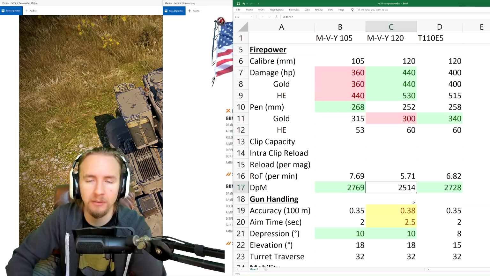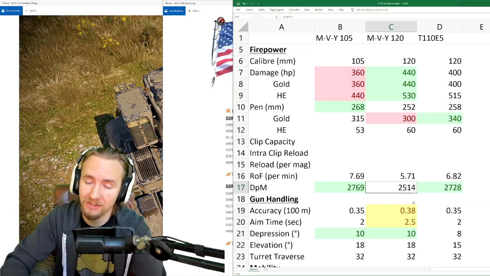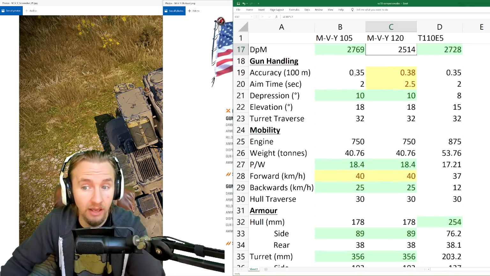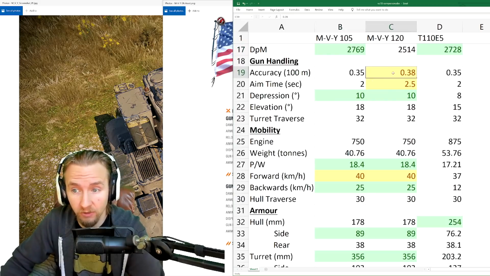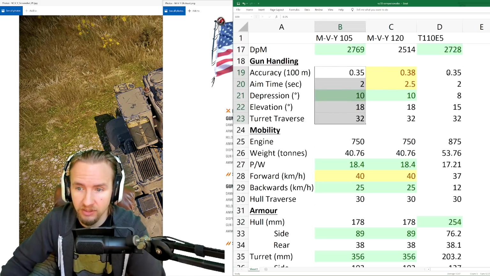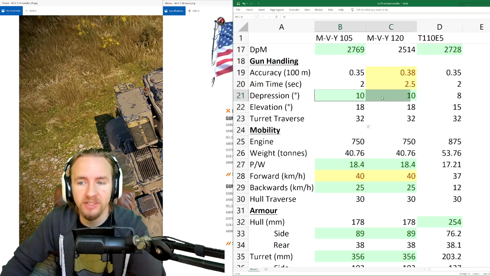But again, Wargaming, please give us both guns on the vehicle, albeit both balanced, and leave the decision to the player. All right, so let's move on to gun handling. The 105mm has 0.35 accuracy, while the 120 has 0.38. Not great. And in fact, the 105mm here is identical to the T110E5's 120mm, but the vehicle does have 10